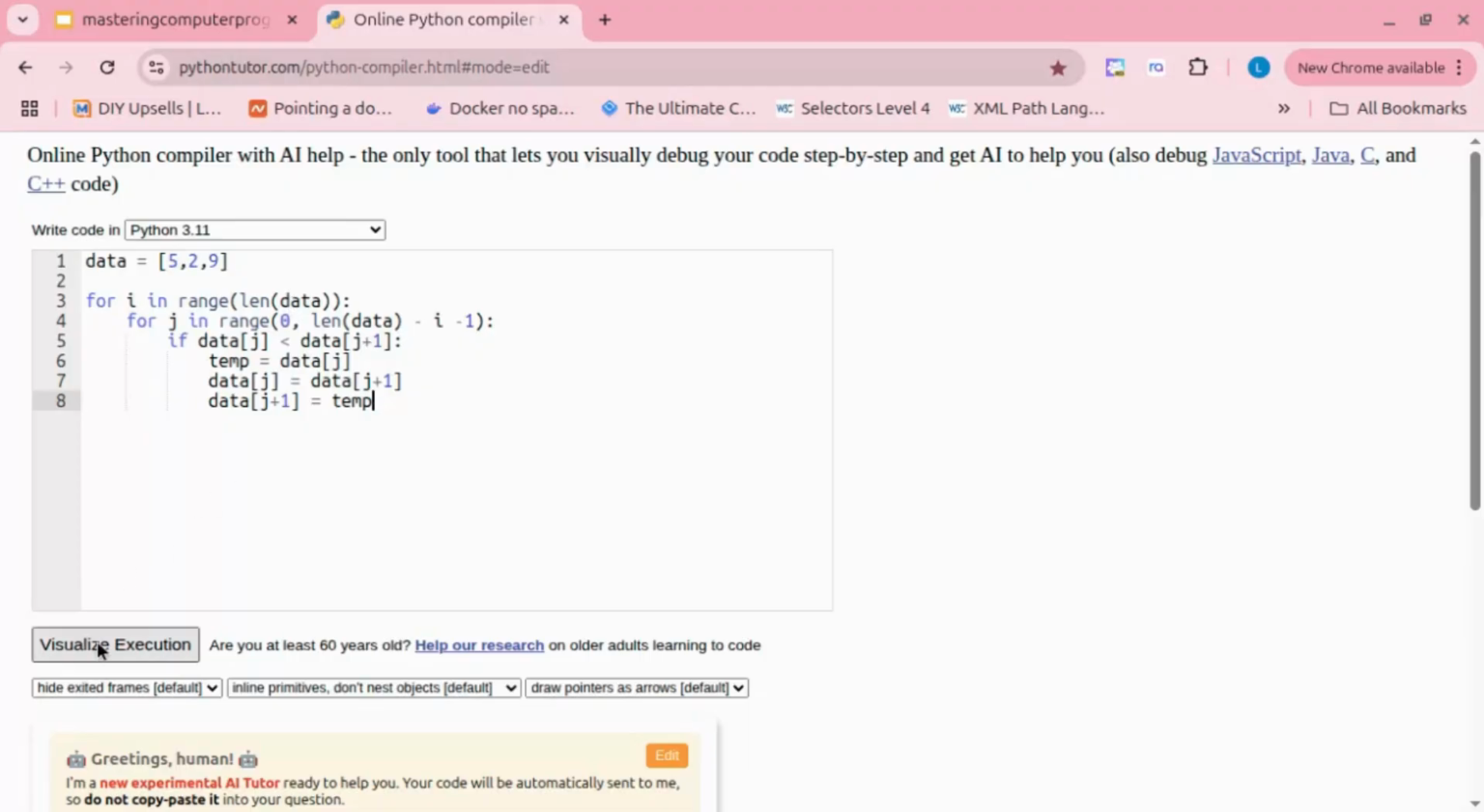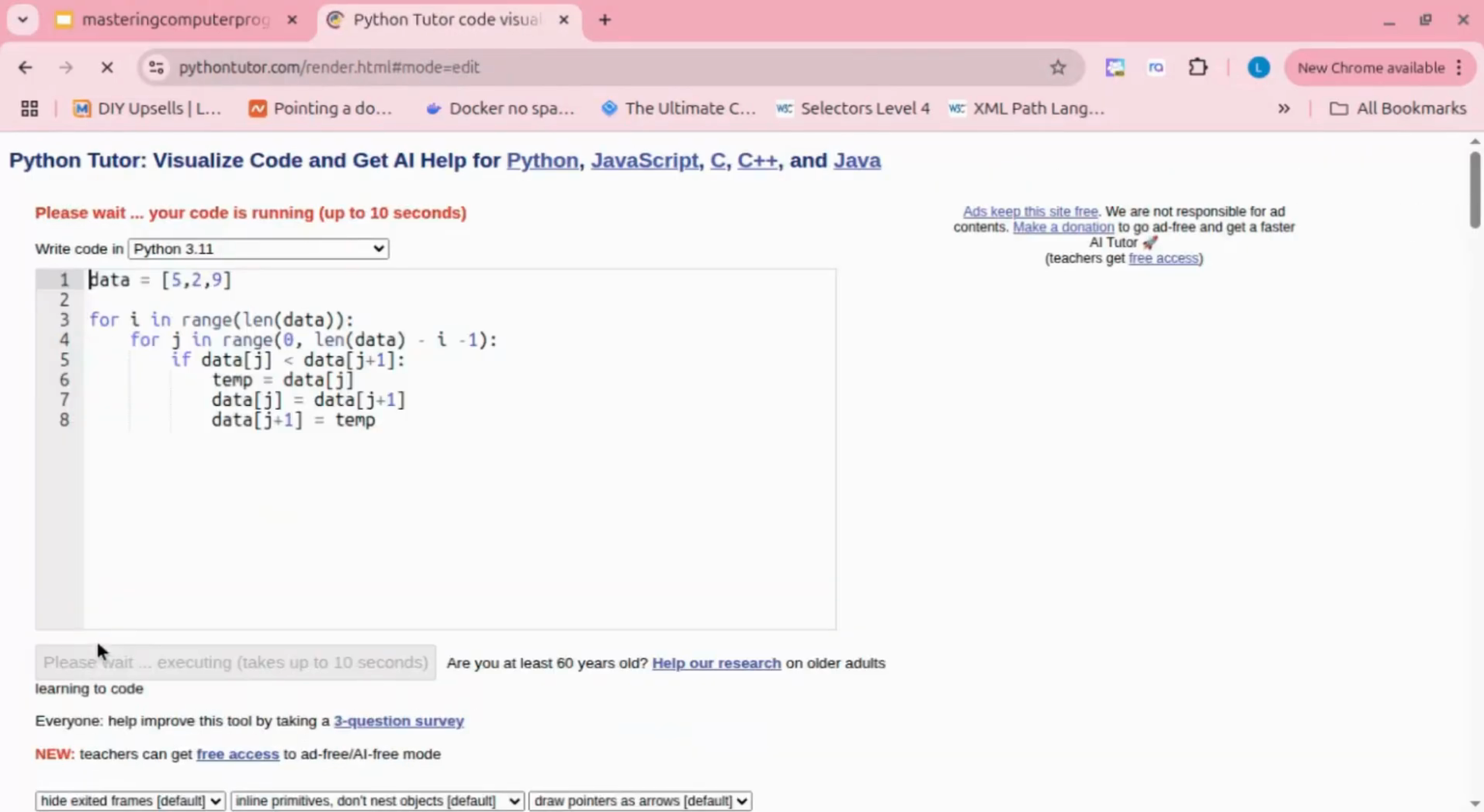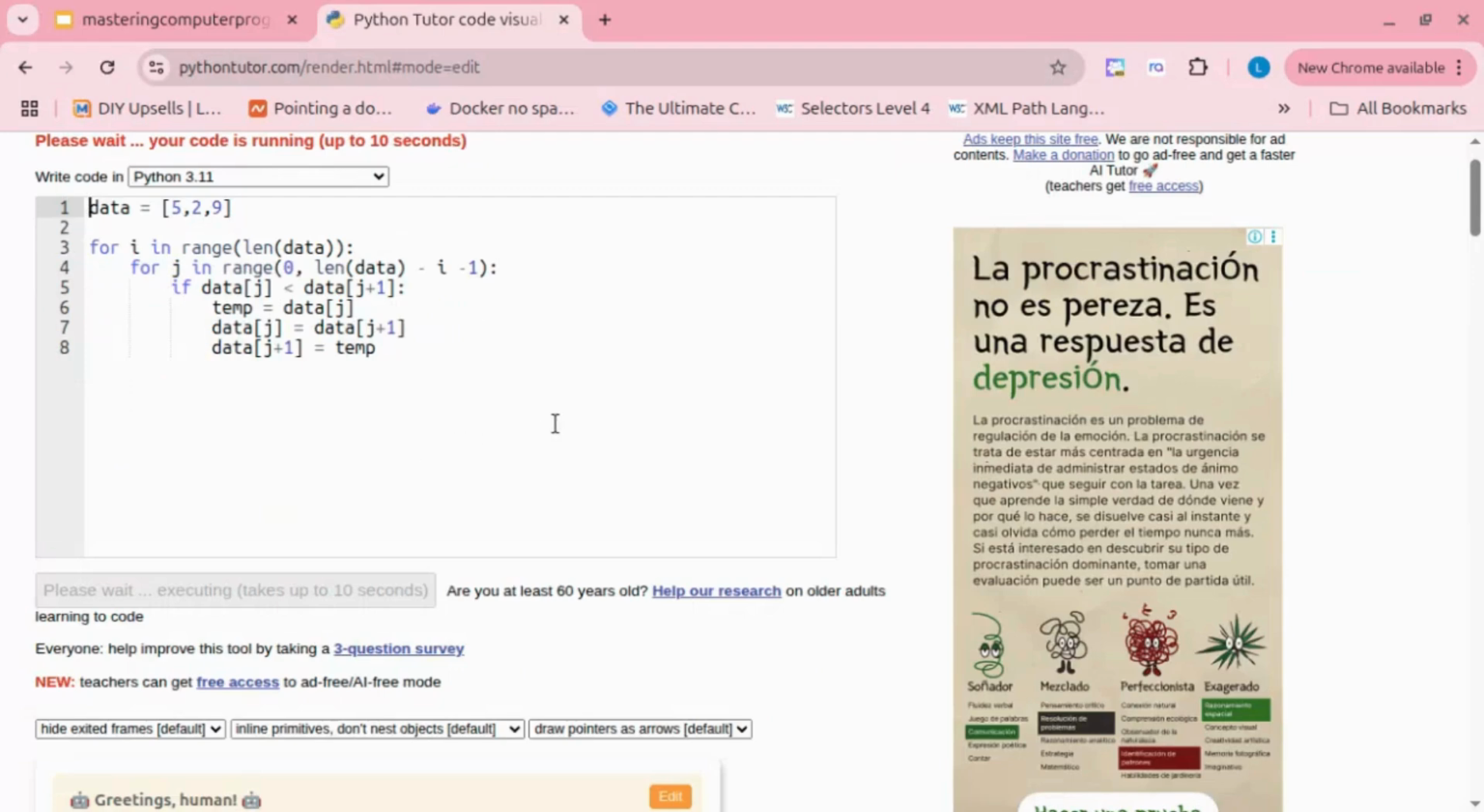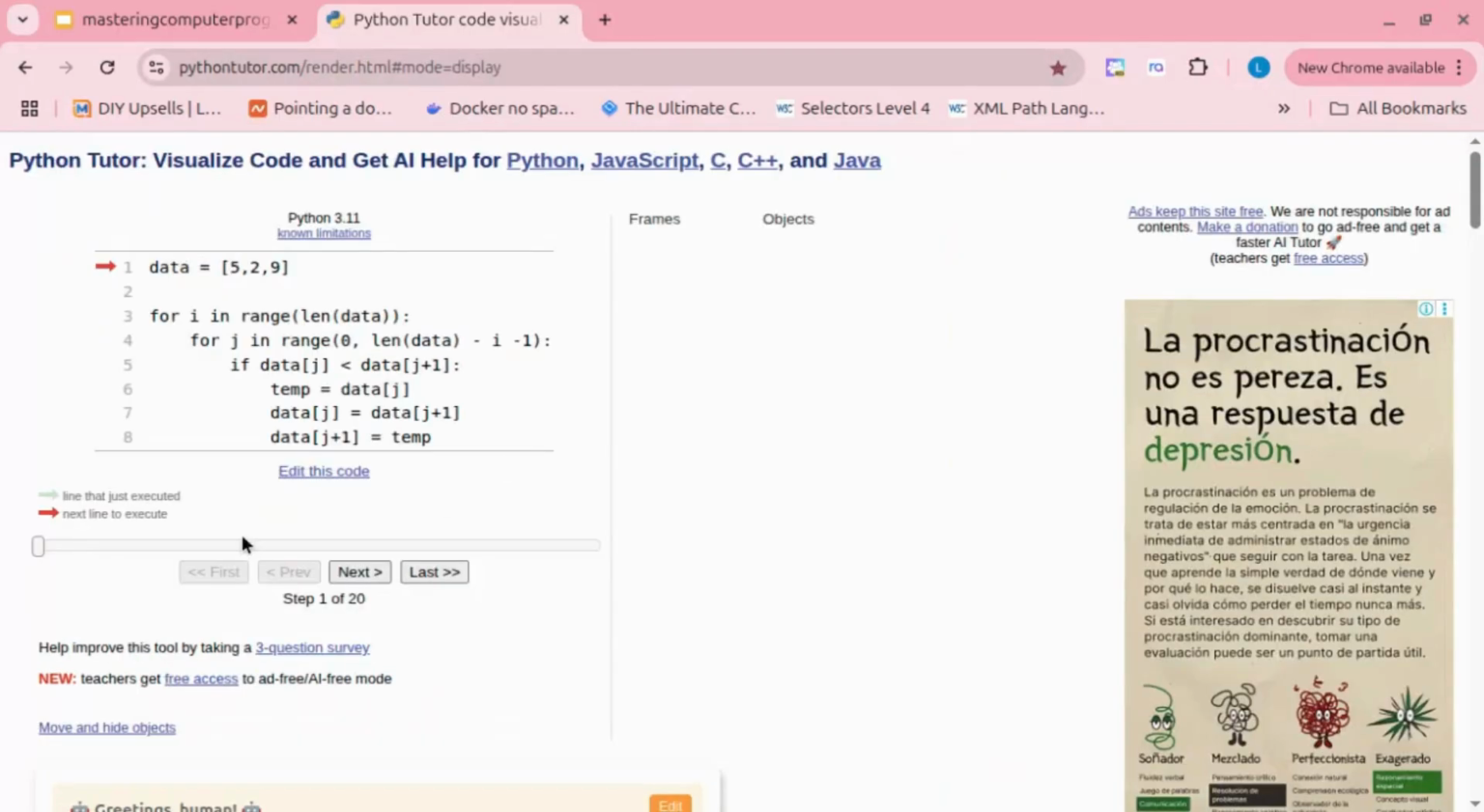Let's visualize this execution. As you can very well see,